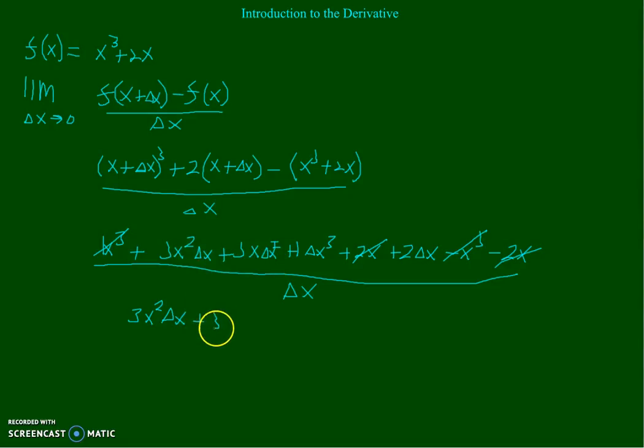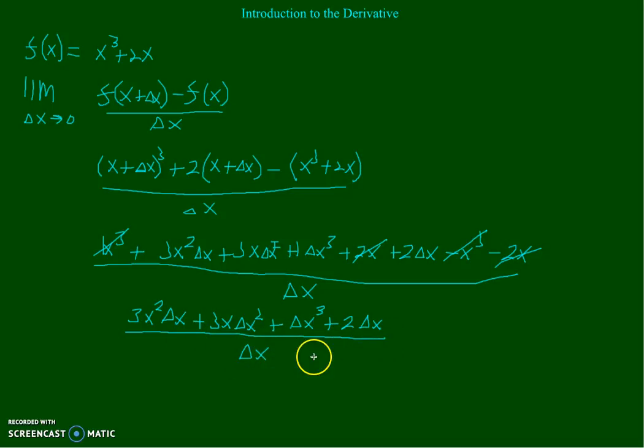Plus 3x delta x squared plus delta x cubed plus 2 delta x, and that's it, all over